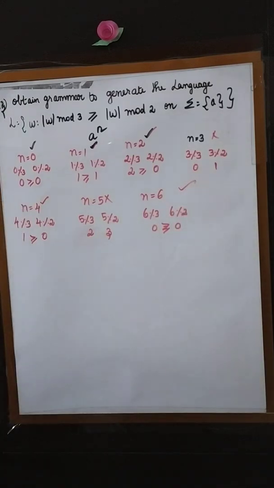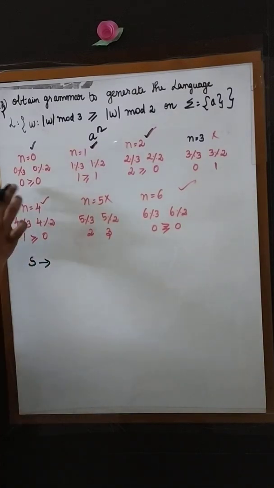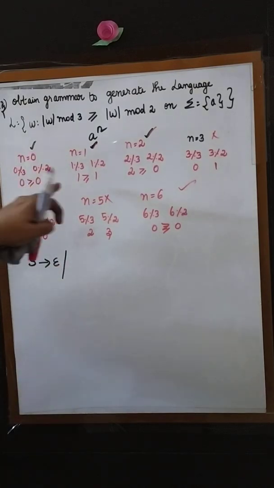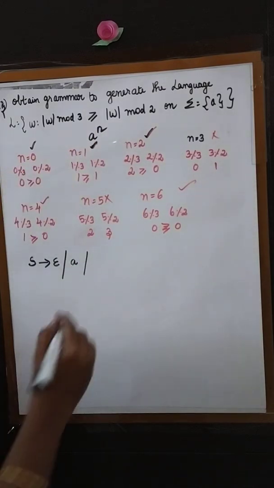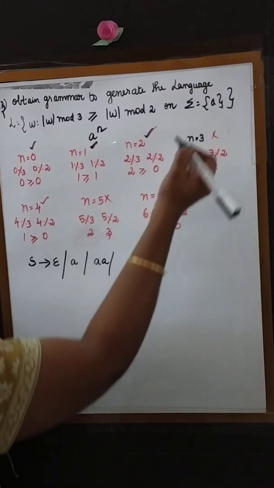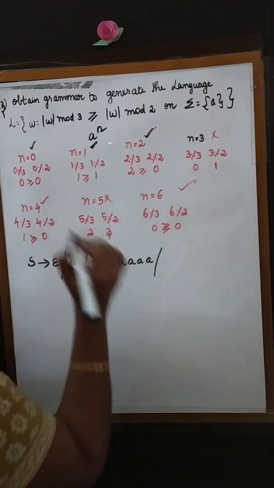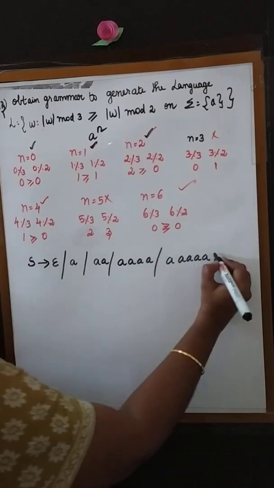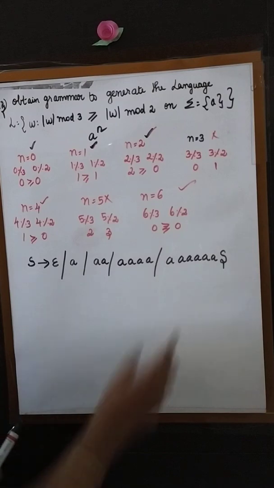Now we have to write the grammar. How will I write? I have to start from the start symbol S. Since n equal to 0, epsilon will also be included. Then n equal to 1, that means a coming 1 time, then 2 times, and for 3 we are not doing it, we get it for 4 times a, and 5 we are not going to take, we will be taking 6. Along with this 6a, I am going to take S. That means once again it is going to repeat, no? That is why I am taking this part.